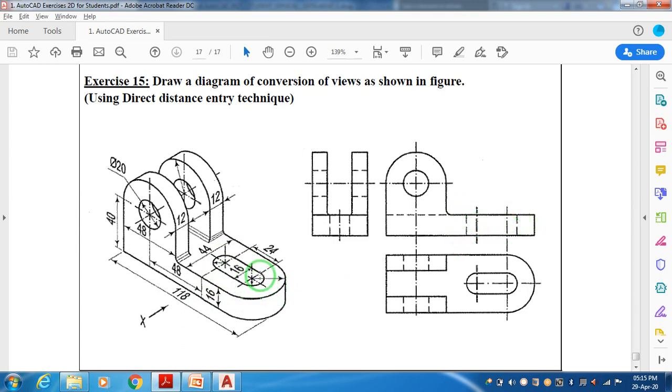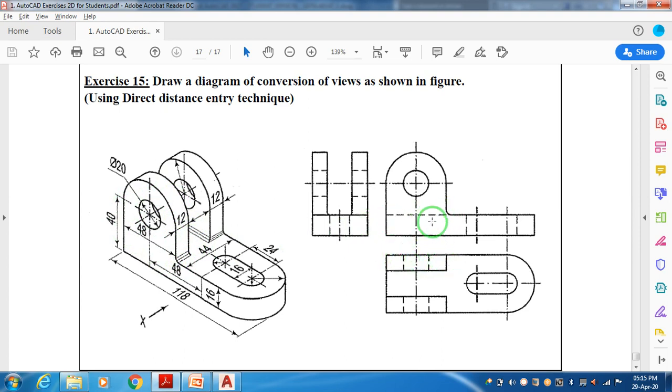And at the boundaries, here 16 is the diameter. From center, the radius will be 8. At a distance of 8, there is a boundary of holes which is inside, so we have to show them as hidden lines. Here also the same, this hidden line. If this is the vertical web, at the backside we are having a gap. That means at this particular place we are supposed to show a hidden line.